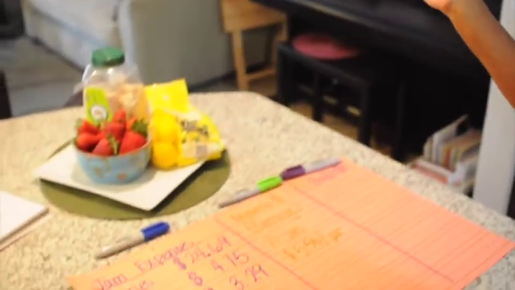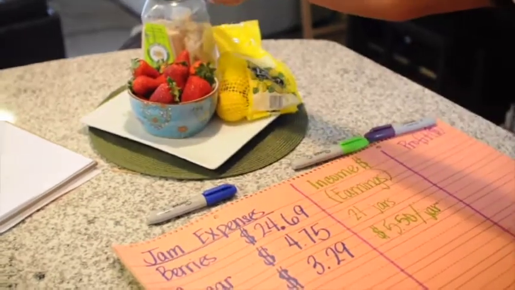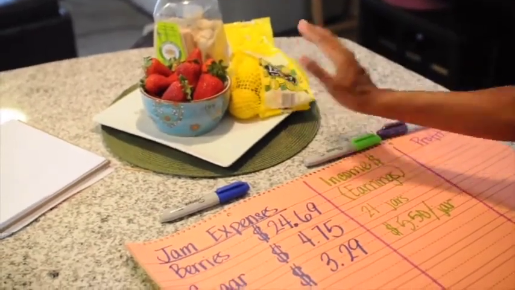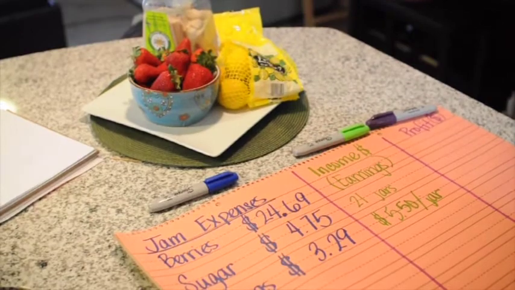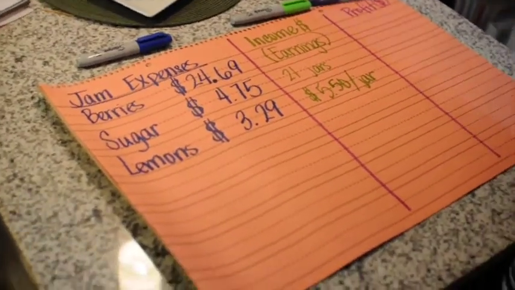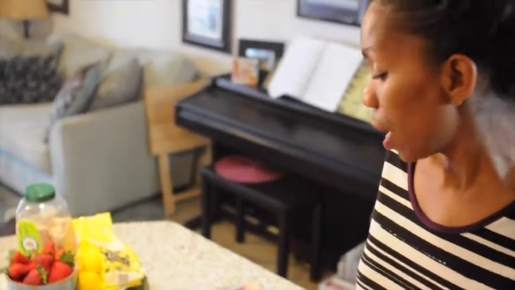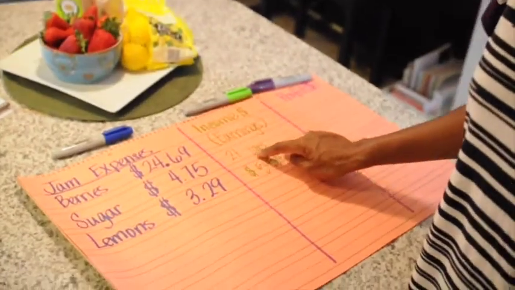So for our first problem, you see I have these beautiful strawberries, some sugar, and some lemons. And I'm going to be making some jam. Okay, so I'm going to be making jars of jam that I will then sell. I'm going to sell my jars of jam for $5.50, and my goal is to sell 21 jars. So what I want to know is how much profit am I going to make after I sell 21 jars